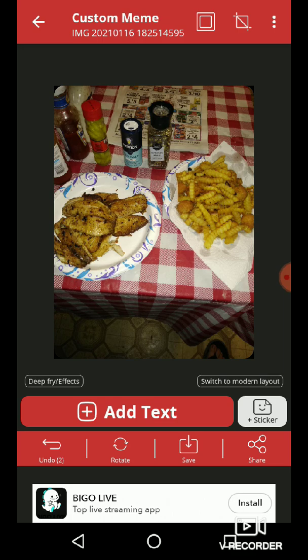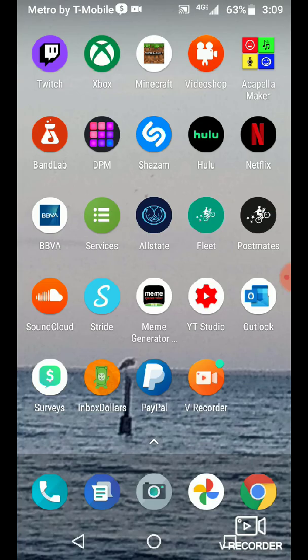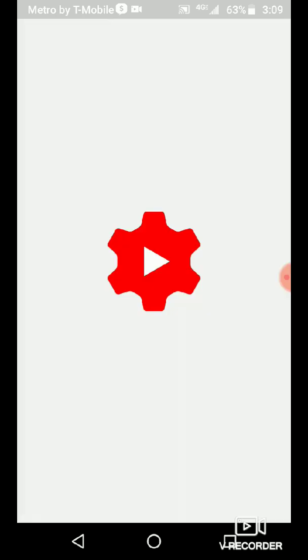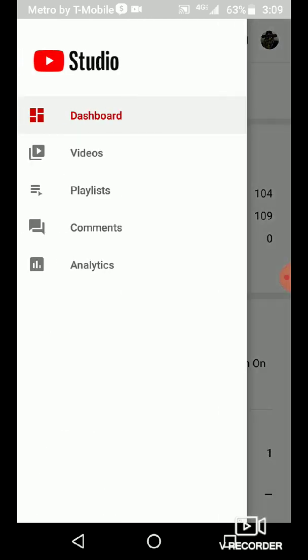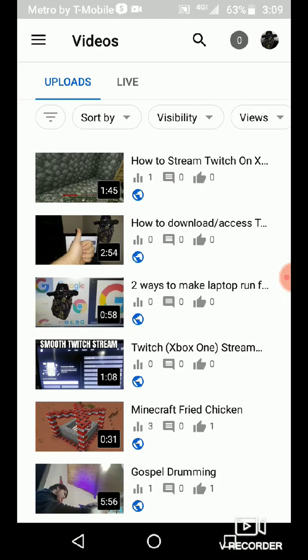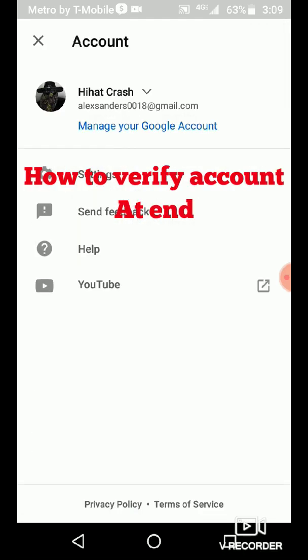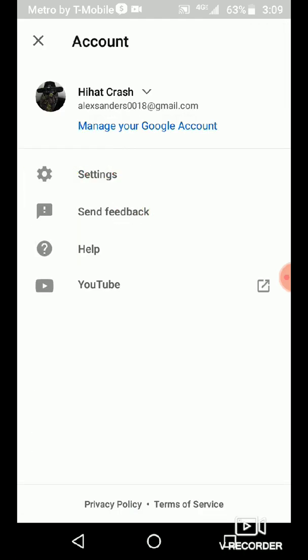But anyway, once you're done making your thumbnail, you want to go to YouTube Studio. You want to download that. Once you've gone there, you want to go to your videos. And then, well, first off, you have to verify it. So what you want to do is go to google.com/verify your YouTube account, and